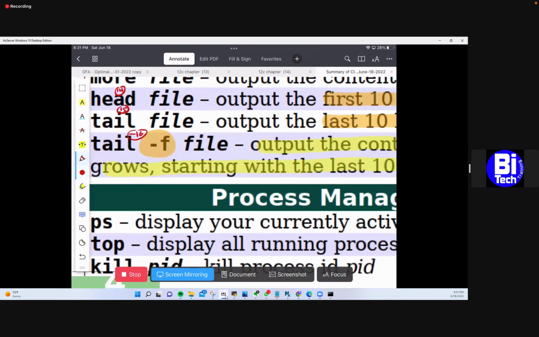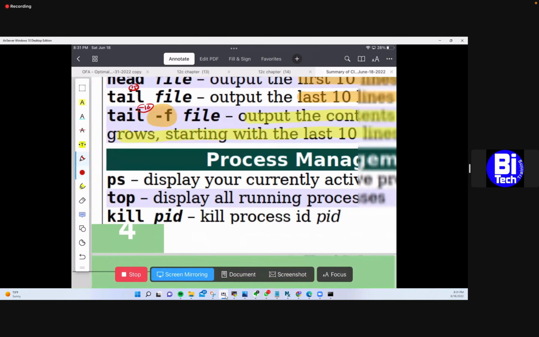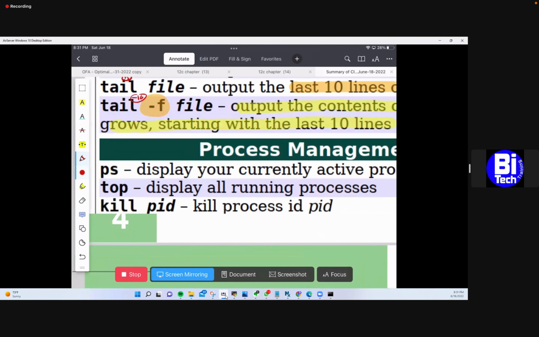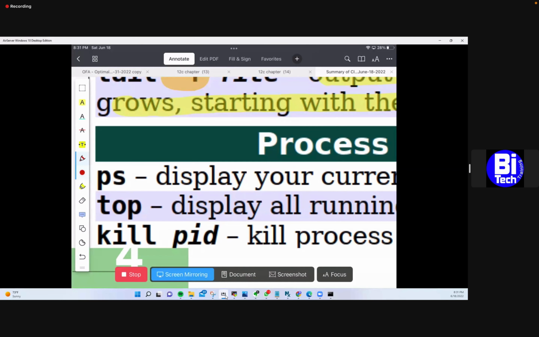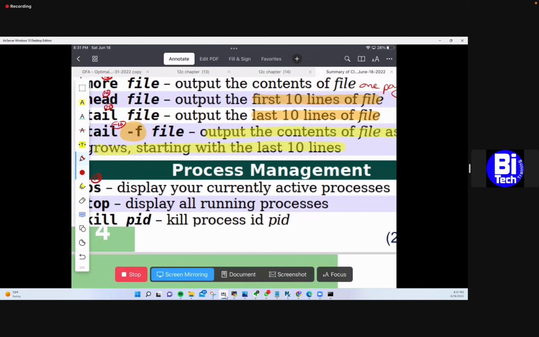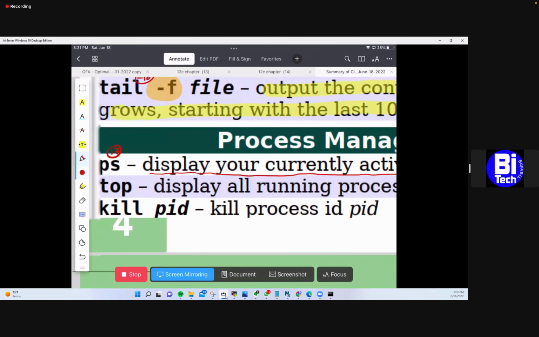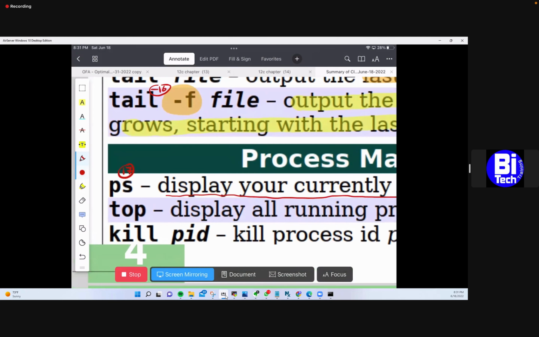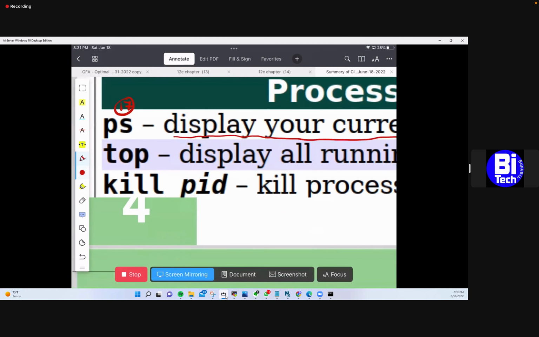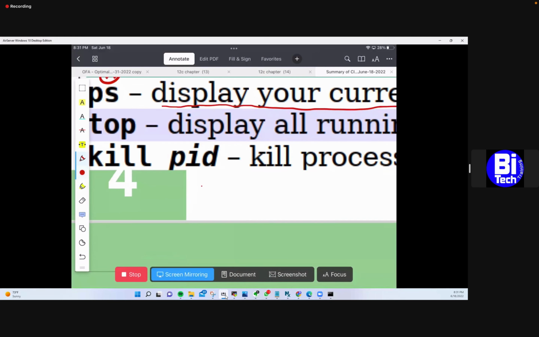Then there's a command called ps. That will be our number 17 for the day. What does the ps command do? They say this one displays your currently active processes. It does way more than that, guys, way more. And the one that you should know as a DBA is a command like this: ps -ef pipe